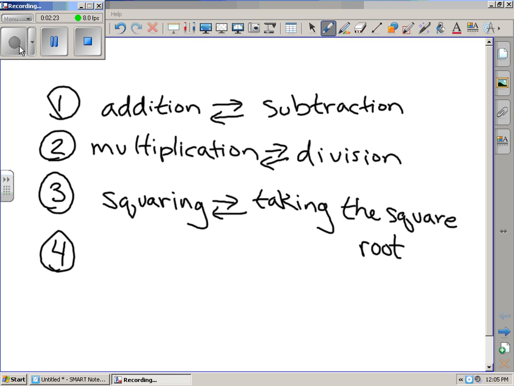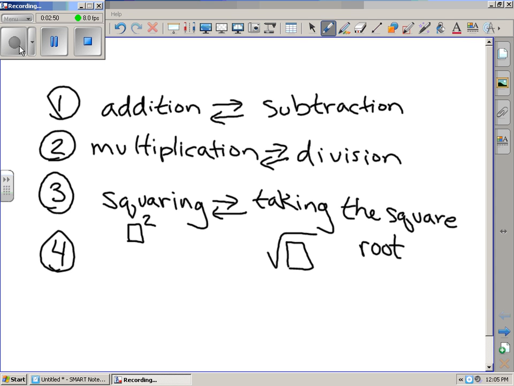You might want to draw below these a picture. So there's a picture for squaring something, and here's a picture for taking the square root. We do not need the 2 written here because it's understood that there's the root of 2 there. So you can just write the radical